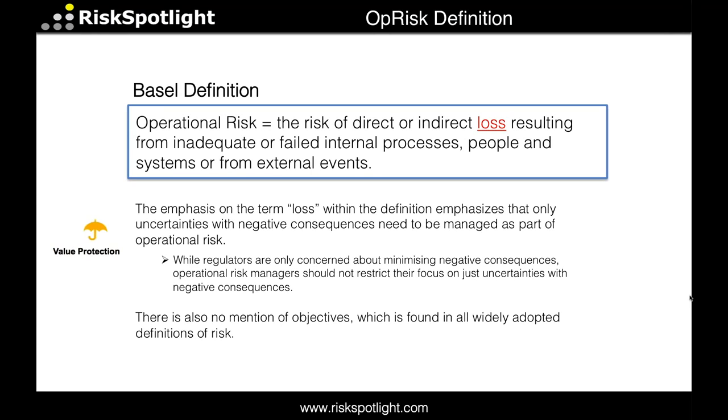It's more aligned with the COSO and OSEC definitions, where it interprets operational risks as something which will have a negative consequence, but it doesn't say negative consequence on what. If you saw all the risk definitions, they always pointed to objectives. They always included the term objectives, while the Basel definition doesn't refer to the objective at all. It just says, go and find out all the bad things which could happen in your organization, which is one of the reasons why there has been